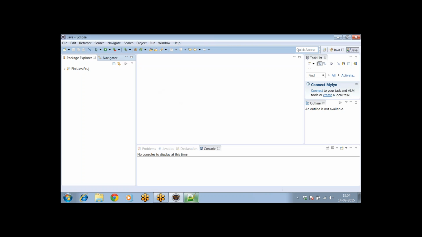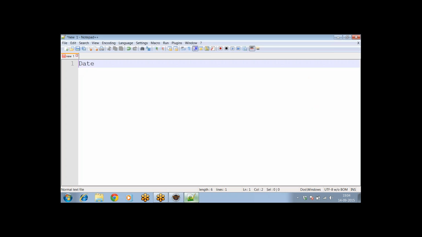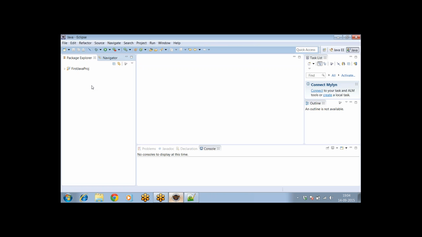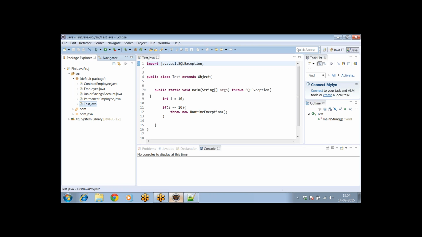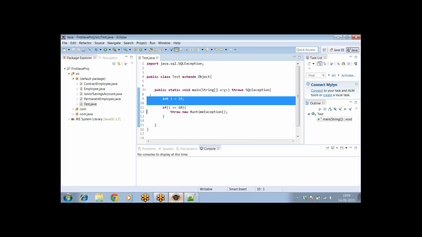Generally, in order to handle a date in Java, you have a Date class, which is in the java.util package. Now let me show you how to read the system date and time. Let's see how to read system date and time here. If you want to read the system date and time, then you need to